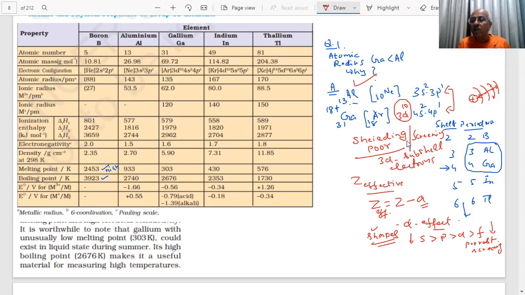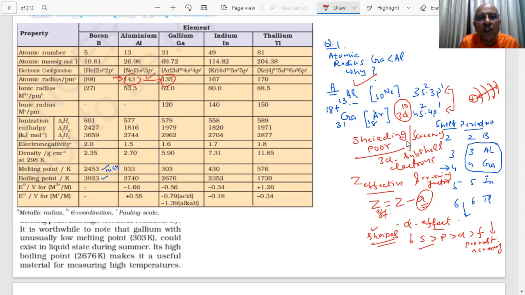So in D, student, you will get the nodal planes, and in F also the shapes are more diffused, more large. There is more leakage of the nuclear charge. The shielding becomes less, and that is our point, students. So this concept is used here. I've shown you Z effective is Z minus this factor, which is the screening factor. The lesser the screening, the more will be the effective charge experienced by the outer electron. This is one thing we find here. Where is the atomic radius? Ionic radius 88 to 143 increased, 143 to 135 decreased.